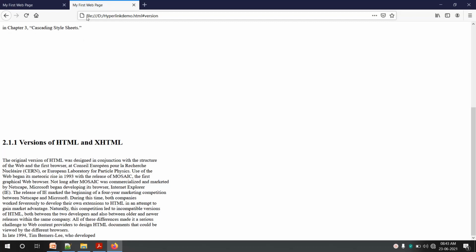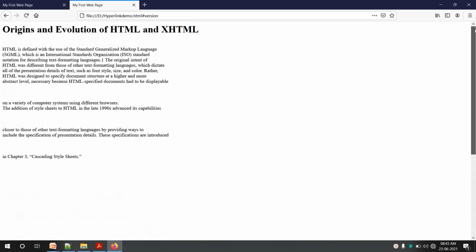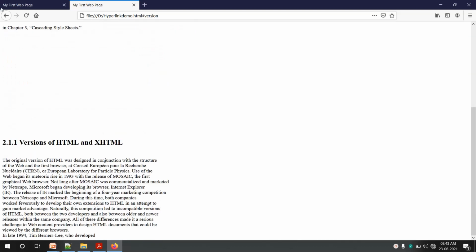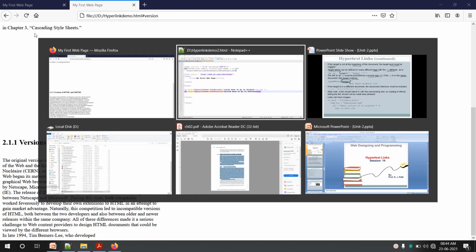But when I click on the second link version, you can see directly it is not showing the beginning part of the document, it has directly shown version of HTML and XHTML. So scroll bar, you can see here it has automatically come down. You can take it up again. So like this you can link to a completely new document by using hyperlinks. You can link to a part of a same document by using hyperlink, or you can link to a part of a new document as well. So this is how hyperlinks can be used